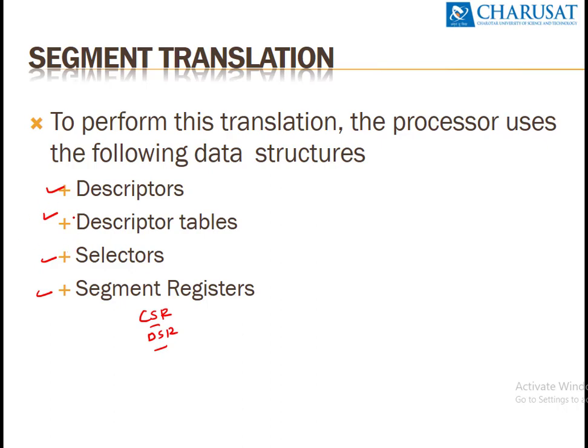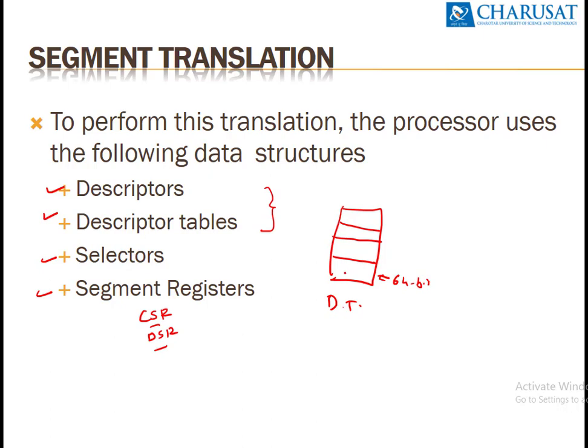Let's see descriptor and descriptor tables. Both are the same, but as the name indicates, this is a table. This is known as the descriptor table, DT. The descriptor table contains some rows, and each row is 64 bits in length, meaning it can accommodate 64 bits.